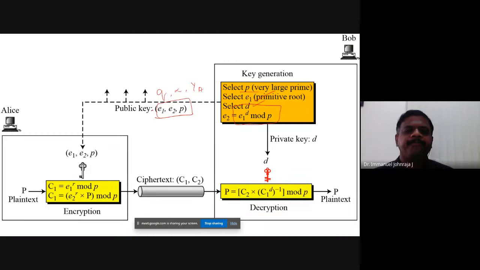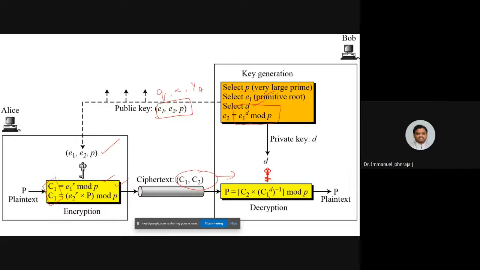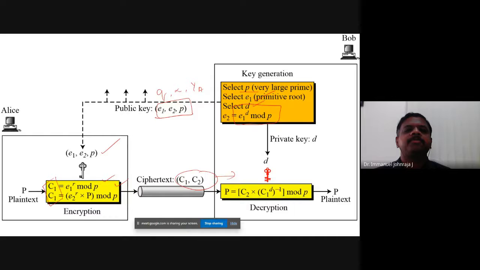Okay, so this is how the calculation of the public key value is done. So these three values are coming. Now Alice is doing encryption. In our example, we saw Bob was doing encryption. Okay, doing encryption, she finds out two values, C1 and C2. You got the formula. These two are coming to Bob for decryption. Bob already has got his private key, and by using that he is able to decrypt, but the steps are combined here to represent it. So this is the diagrammatic representation of what we have learned so far in the ElGamal system.